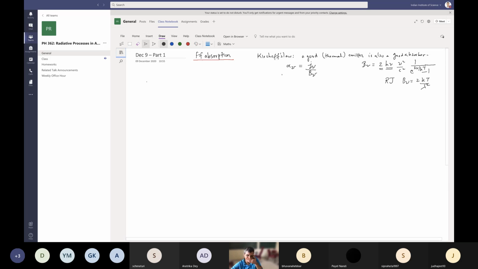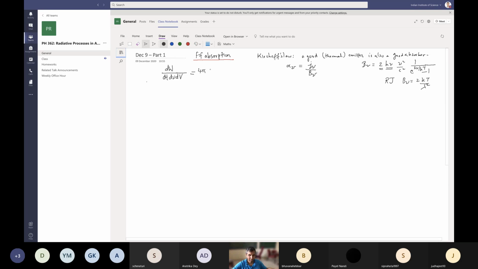Right, so now what did we do? We actually calculated J nu, right? We calculated this, the nu dV, right? And J nu is emission per unit volume, per unit frequency, per unit time. And I think it also has a per unit solid angle, because J nu was the mean intensity. Okay, yeah, so this is equal to